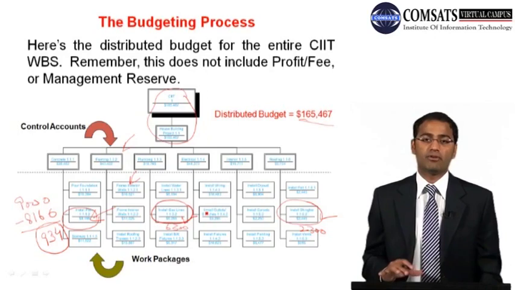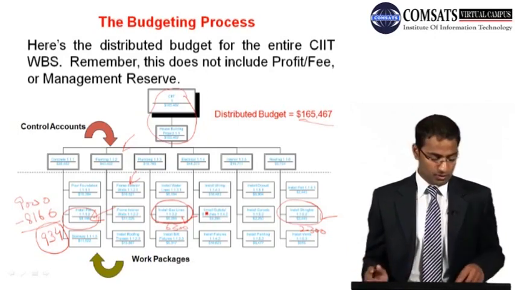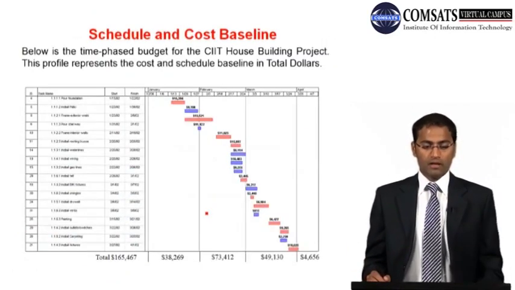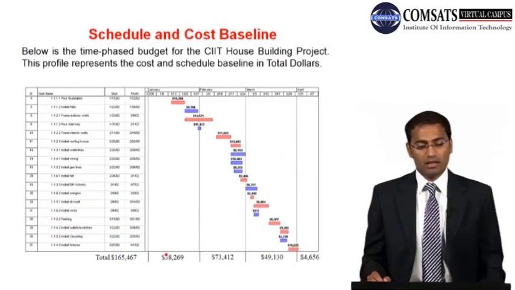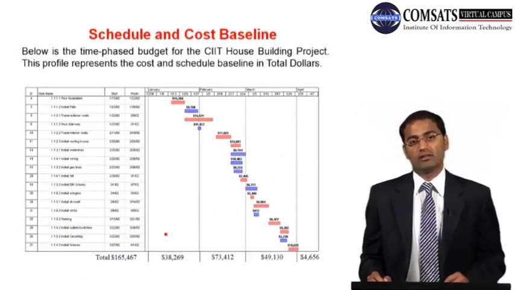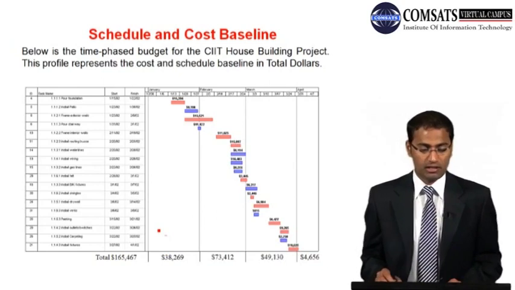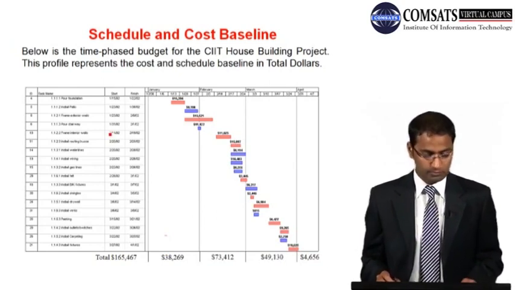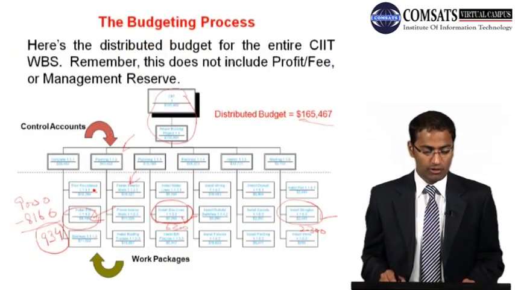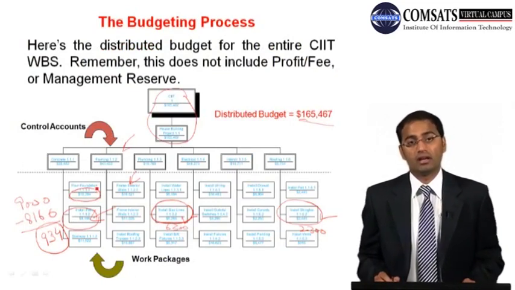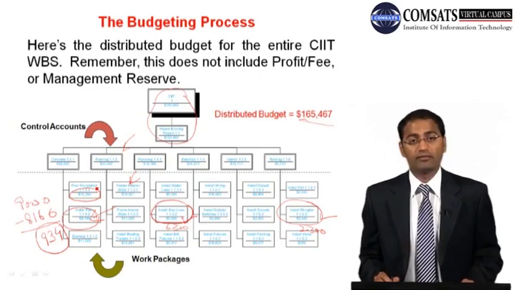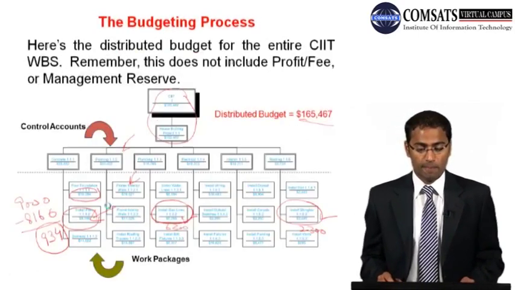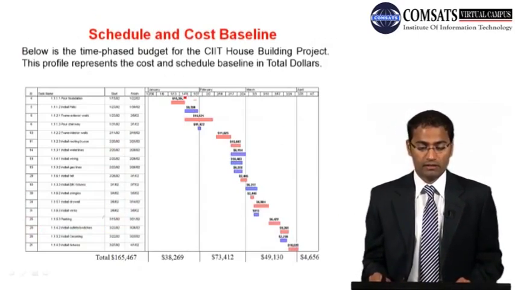Now this is the budget for the activity, and now we will actually explain it. So this is the time phase budget of this very house, and we do know that over there the Poor Foundation has this budget of 15,394, and over there we have